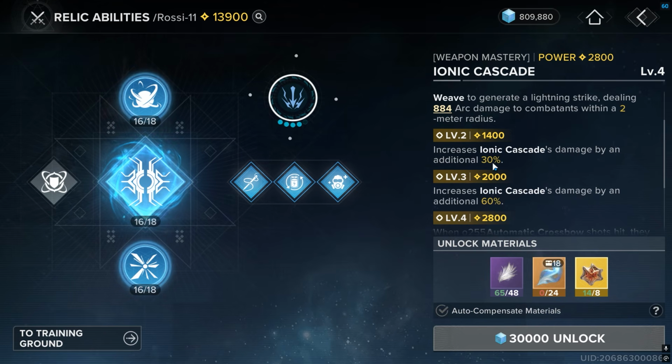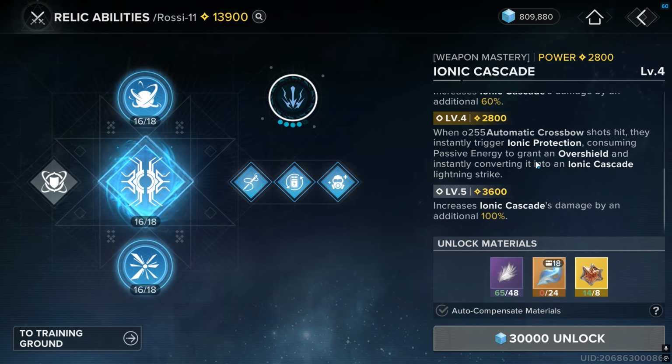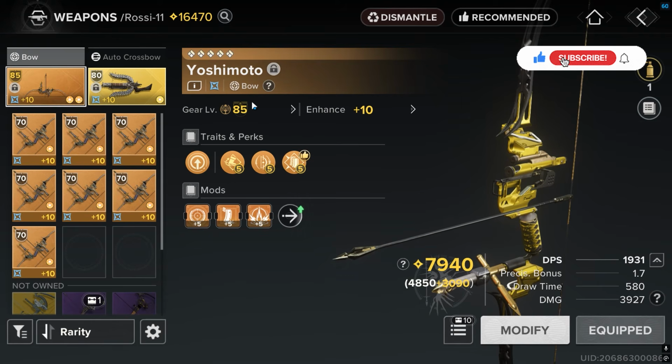Level 2 just increases ionic cascade's damage, same thing with level 3. Level 4 will basically help with the overshield progression and your crossbow in the loadout. Your shots just have to hit, and once again bolt charge, you got lightning strike, so it would actually convert your overshield into an ionic cascade lightning strike. And then level 5, which I don't have yet, will just increase that damage by 100%, which is amazing. So for the loadout, we're using the new bow added into the game, the Yoshimoto, and it's the only